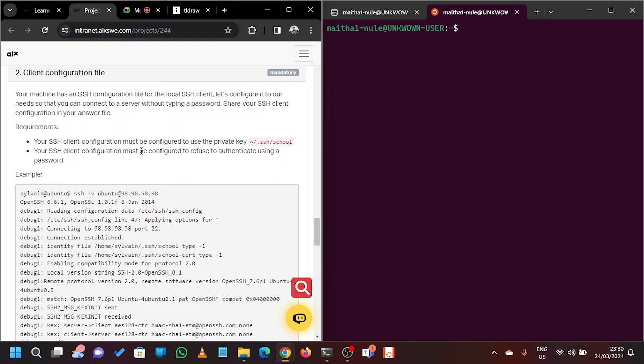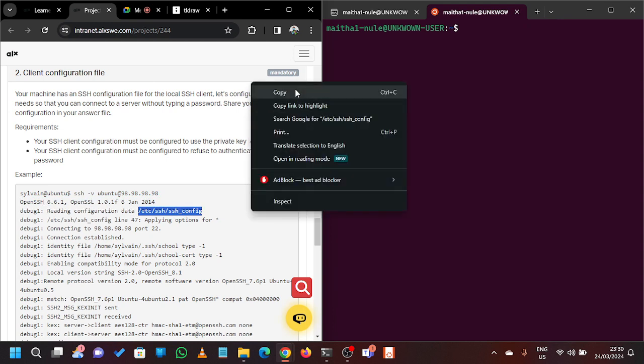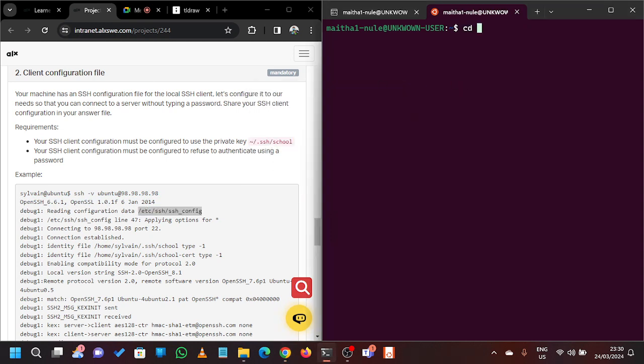You just have to come and edit this file here. If you edit this file here, let us do it so that, okay,